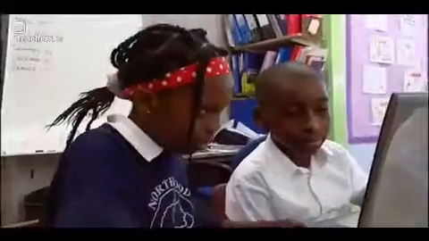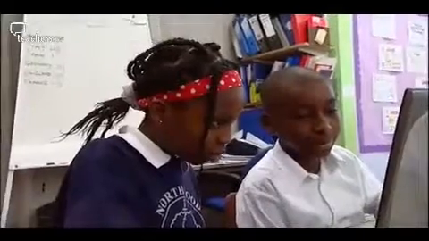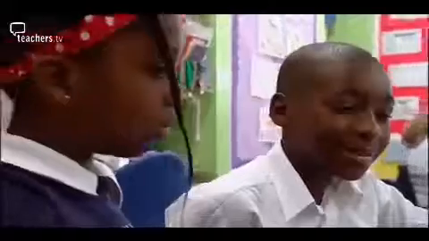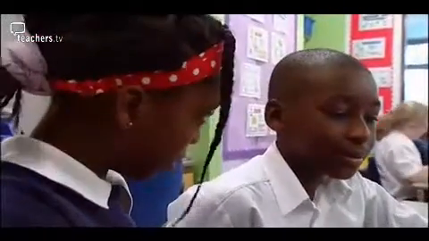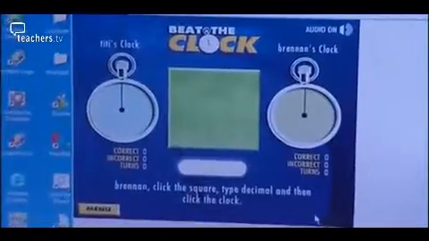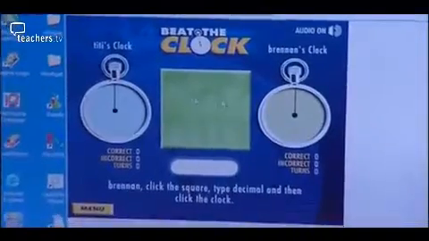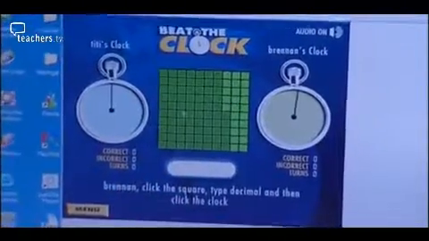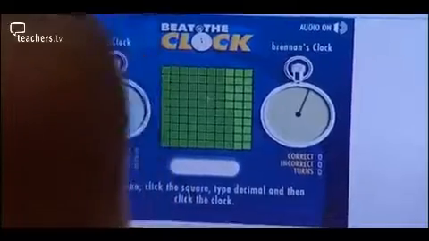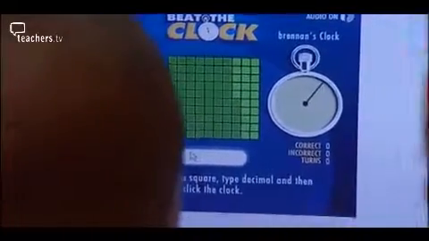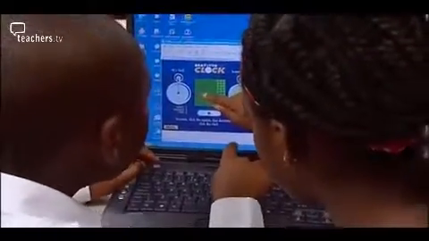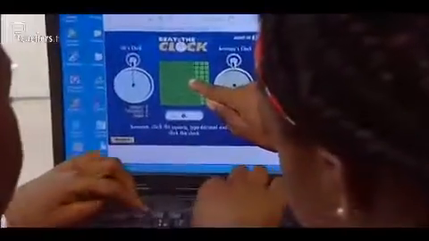The pupils then play in pairs on laptops. Shared learning in this way helps develop their grasp of decimals. Let's play. Beginner, advanced. Now, who's starting first? Me. It's me. The time's going, haha. 1, 2, 3, 4, 5, 6, 7,